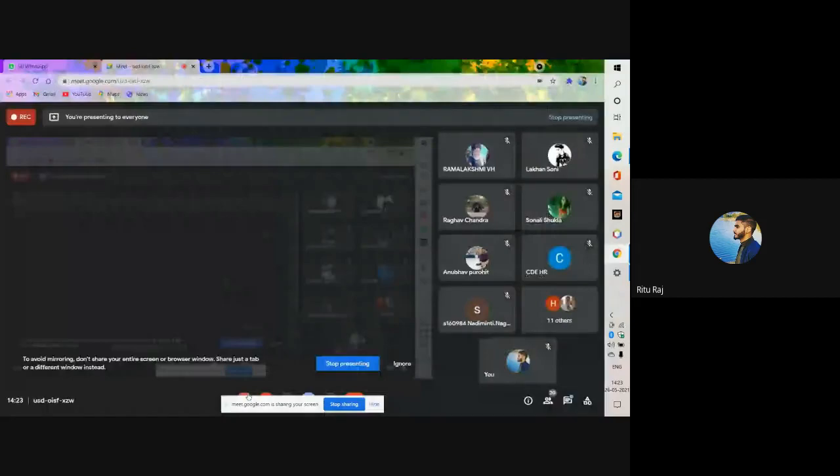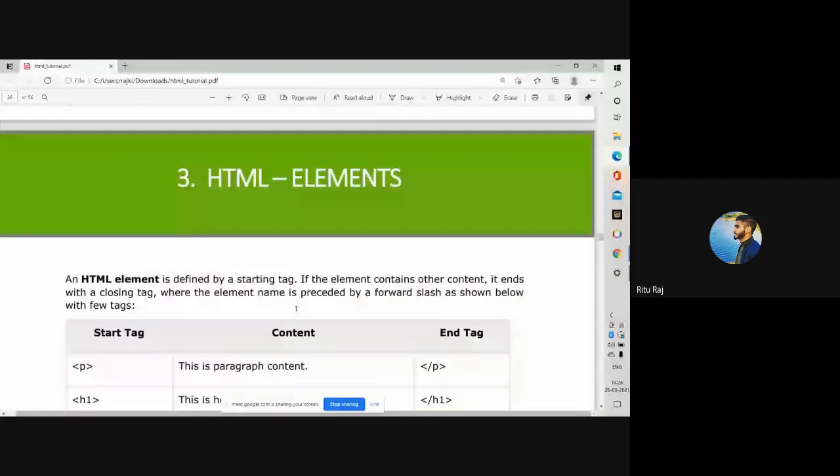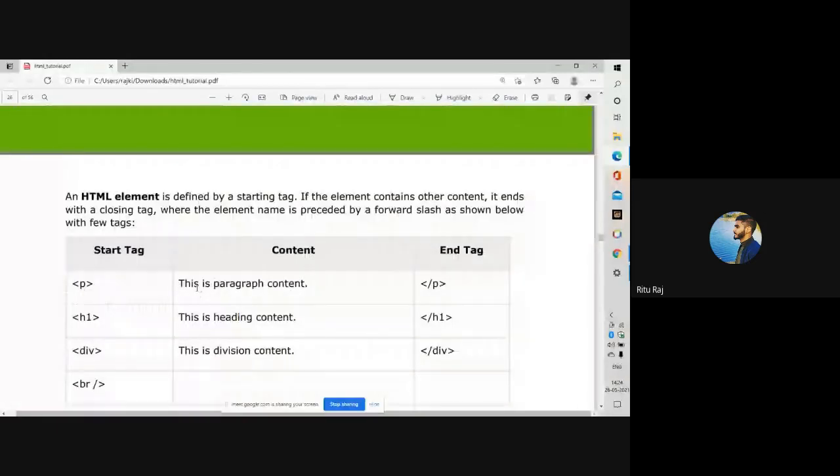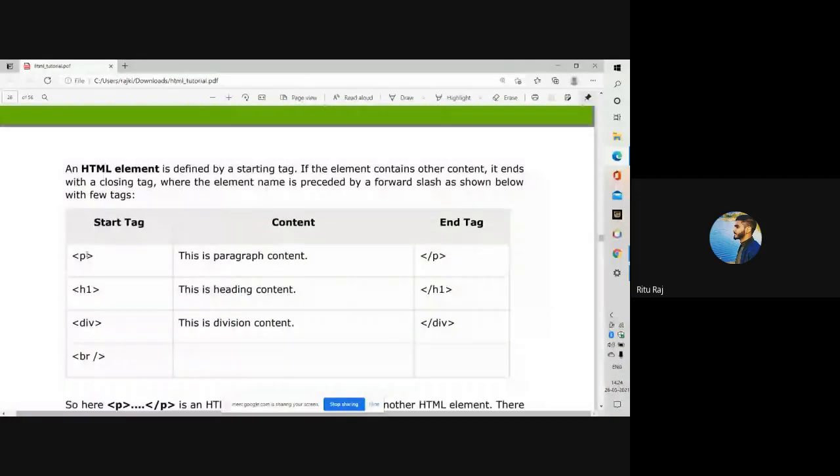Now moving on, HTML elements. An HTML element is defined by a starting tag. If the element contains other content, it ends with a closing tag where the element name is preceded by a forward slash, as shown below. You can see here the starting tag and ending tag of paragraph content, heading content, and division content.